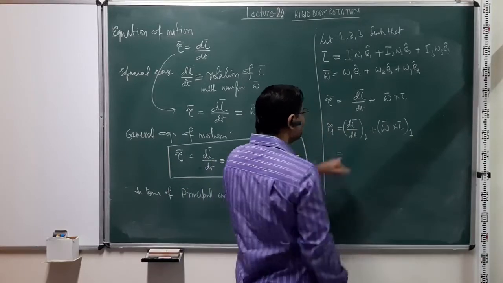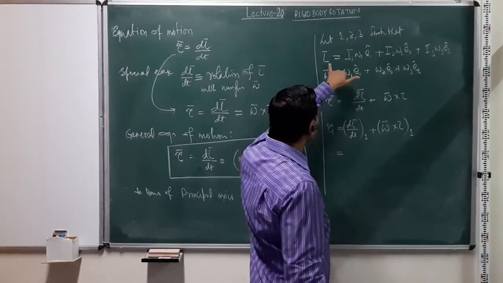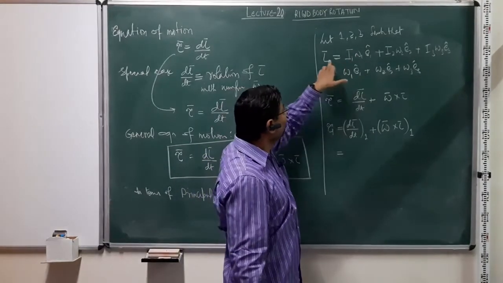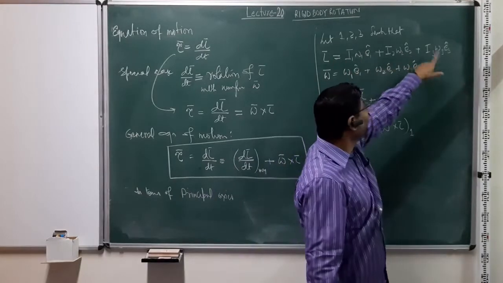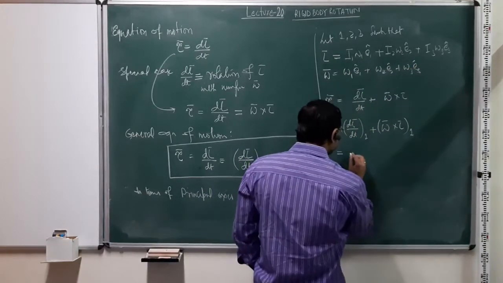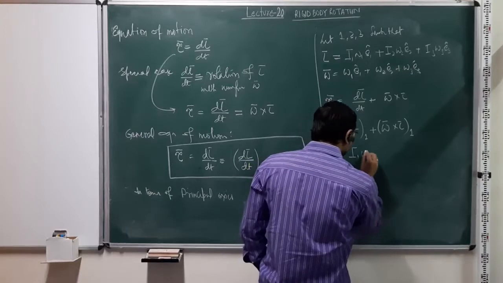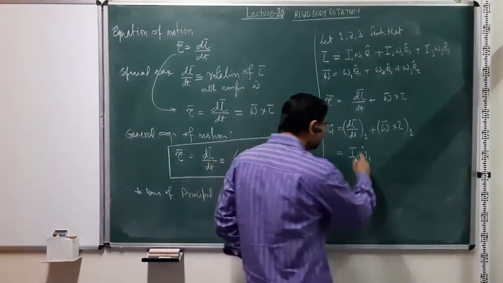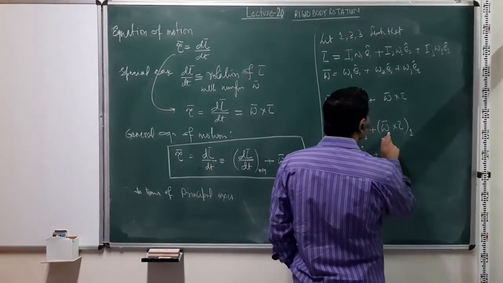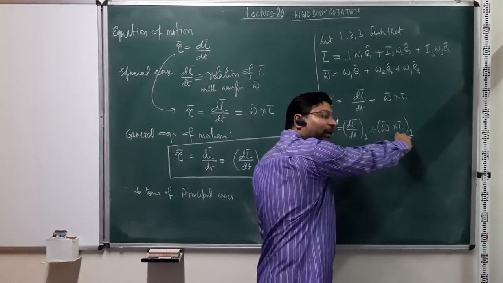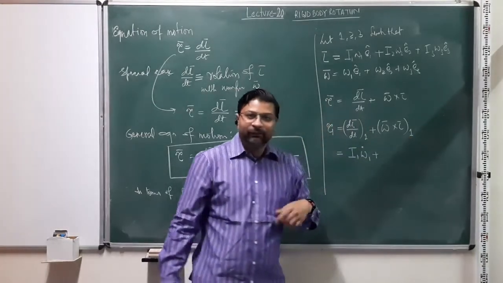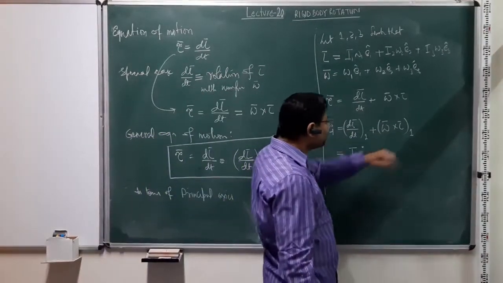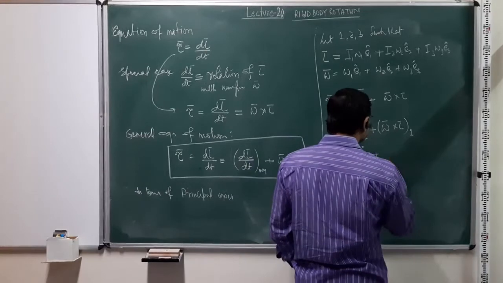Now we know that L1, the component of L along principal axis 1, is simply I1 omega 1, along 2 is simply I2 omega 2, along 3 is simply I3 omega 3. So using that, I can write down this as I1 omega 1 dot, because I1 is a constant so only the angular velocity can change, plus the component of omega cross L. In case 1, 2, 3 coincide with xyz, if I choose the system that way, then basically it is the x component of omega cross L, right, at that instant.